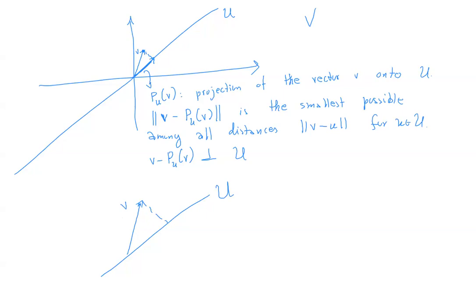In my picture, and that's one of the reasons you have to always take those pictures depicting spaces and subspaces with a grain of salt, it is represented as an infinite line, right? So it continues indefinitely, right? So this is the projection onto the subspace U of V, and this is V minus